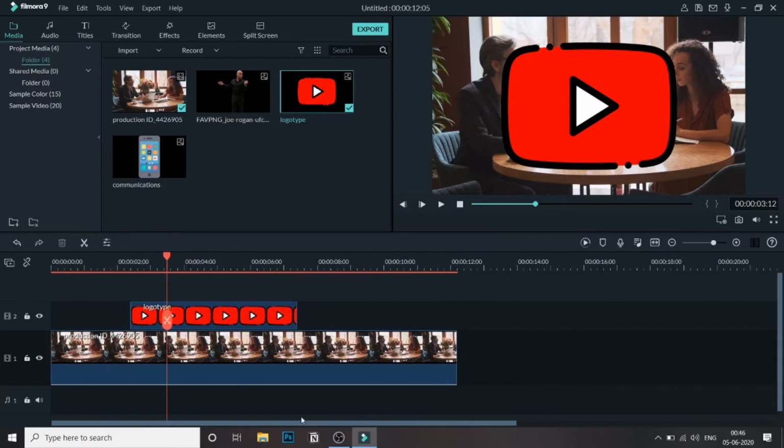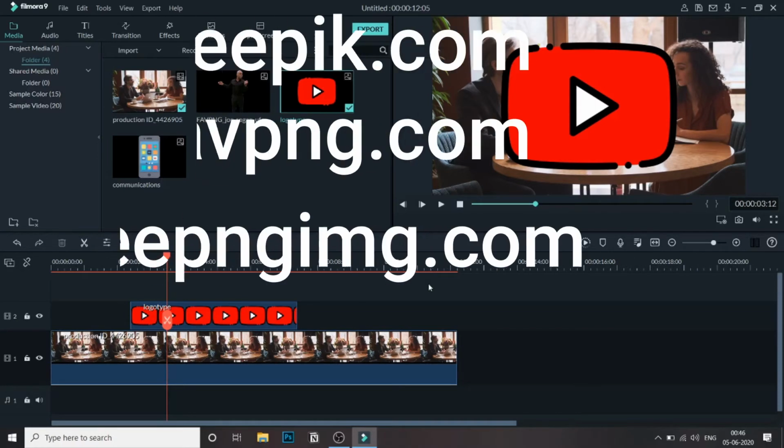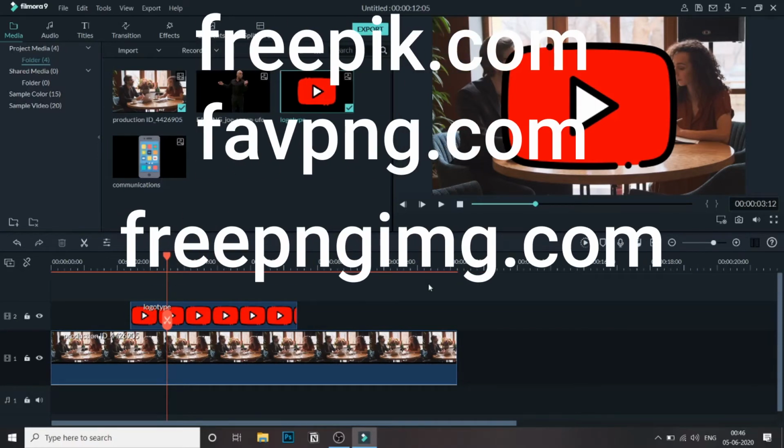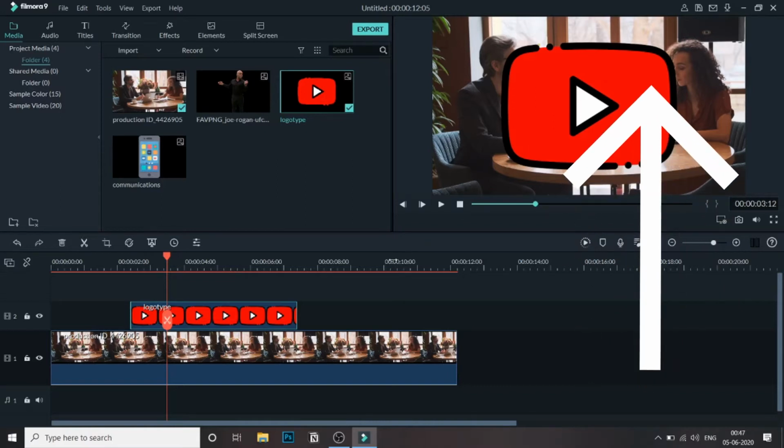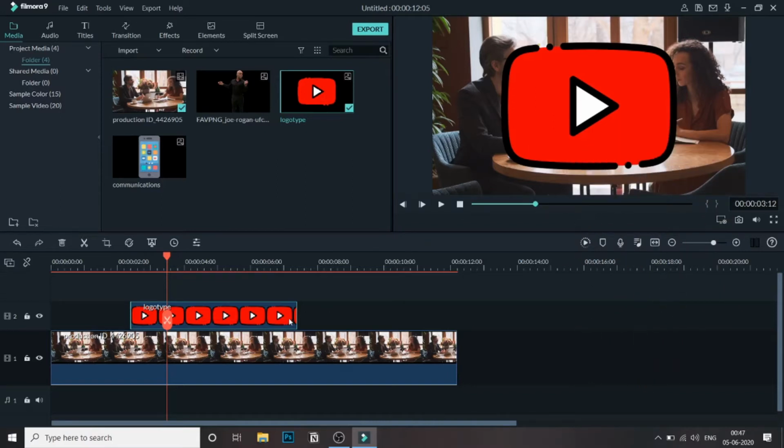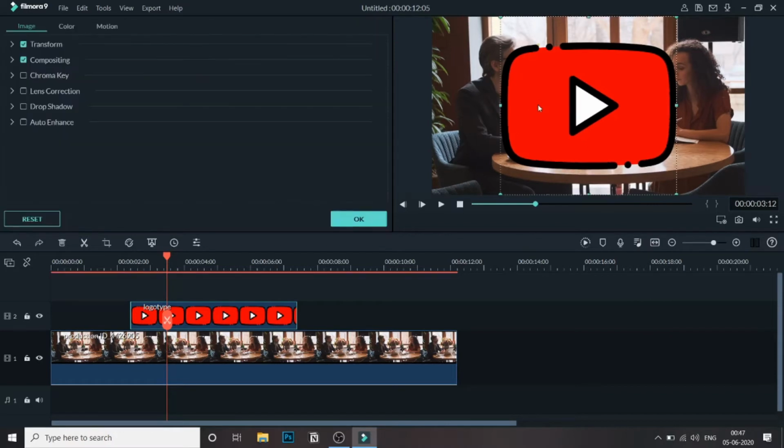So make sure you download a PNG image. Some of the sources of the PNG where you can find some free PNG images I will show you on the screen right now. You can find them in the description as well. And there is another trick. If you want an image of yourself, just yourself, to add to the video, you can turn a normal image into a transparent background image. I will link a tutorial in this video, so just check that in the description as well, or in the top right corner.